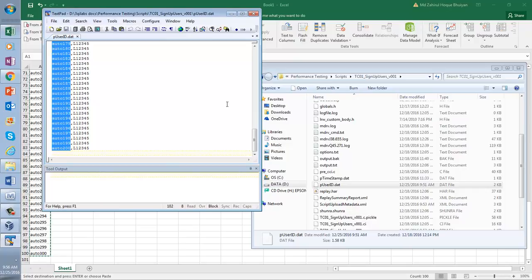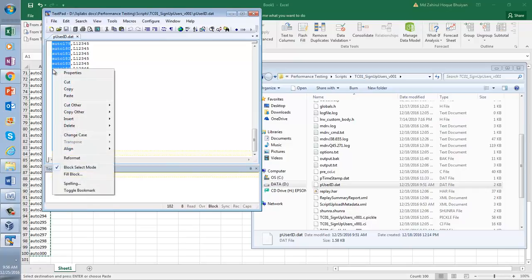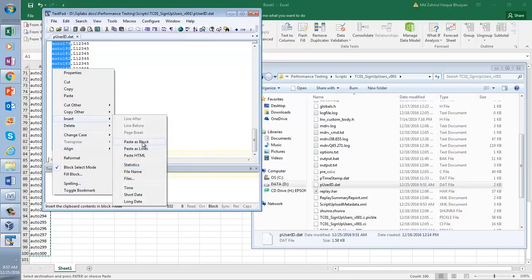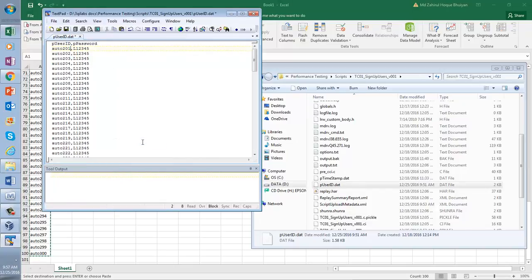Now you right click here. Can you see insert, paste as a block? Can you see everything is right? Okay, so that's it. Now you go practice it.